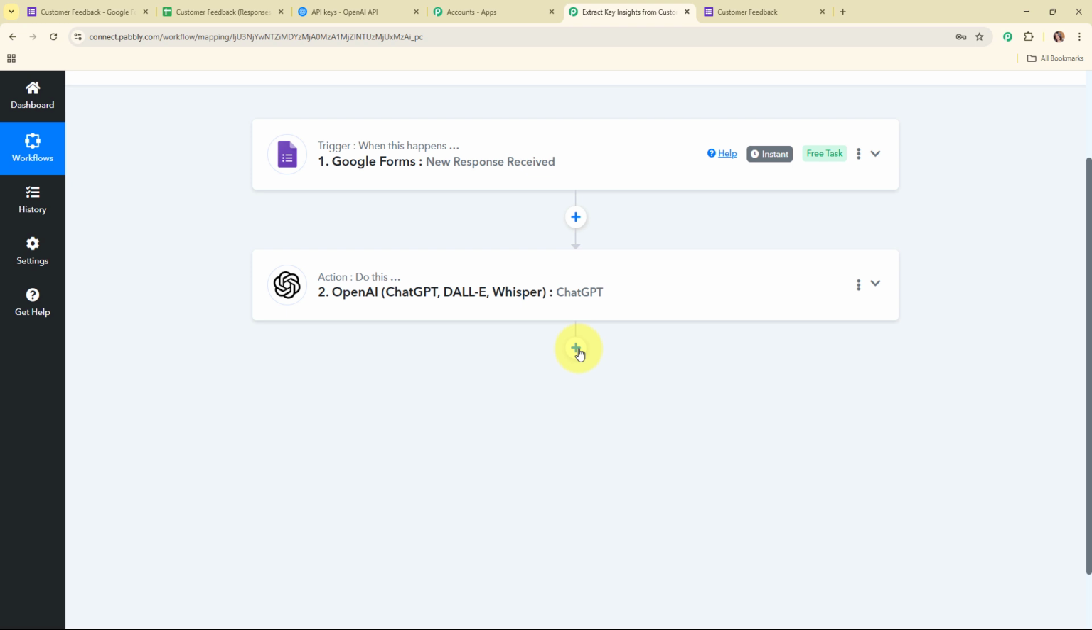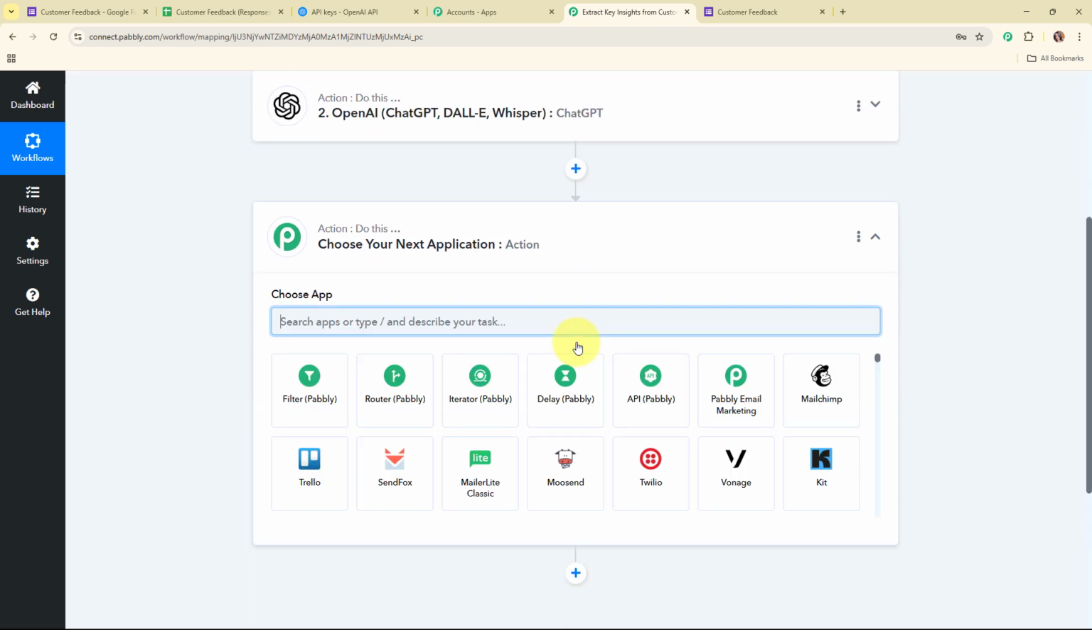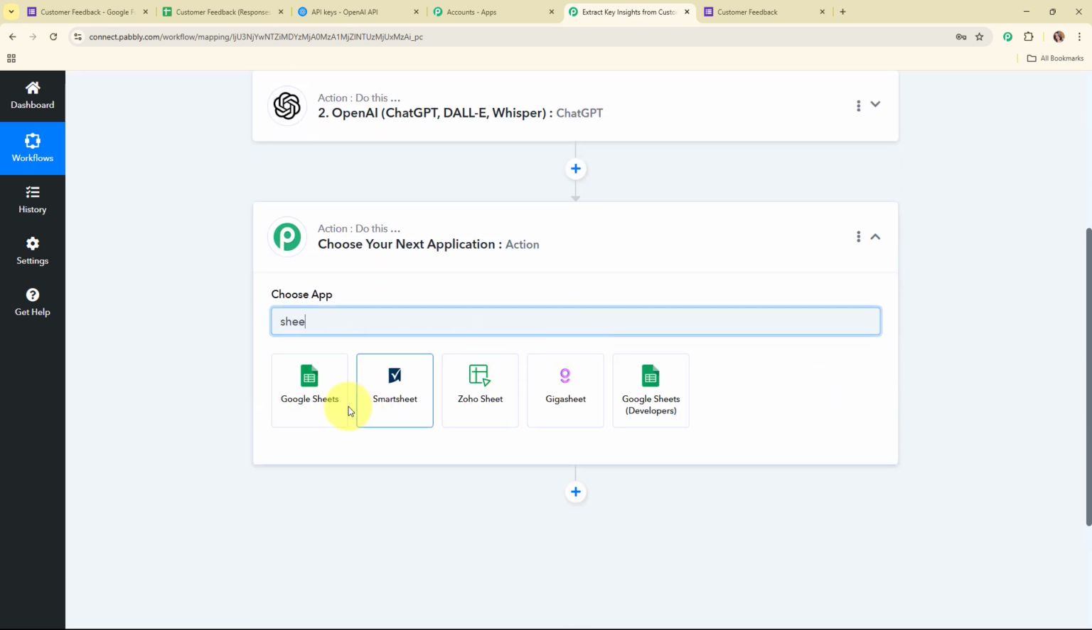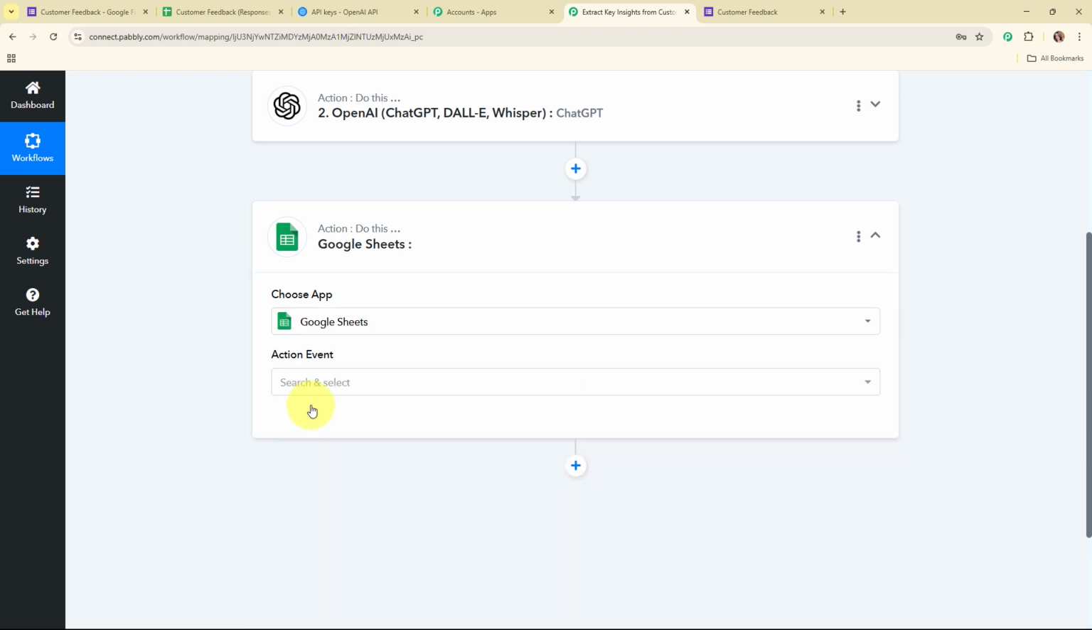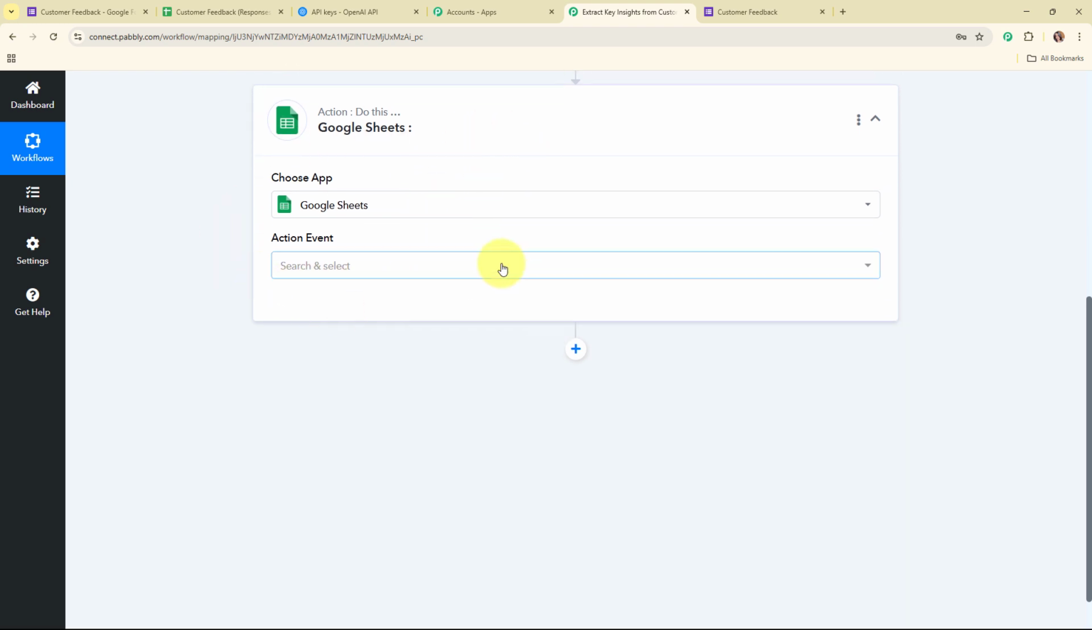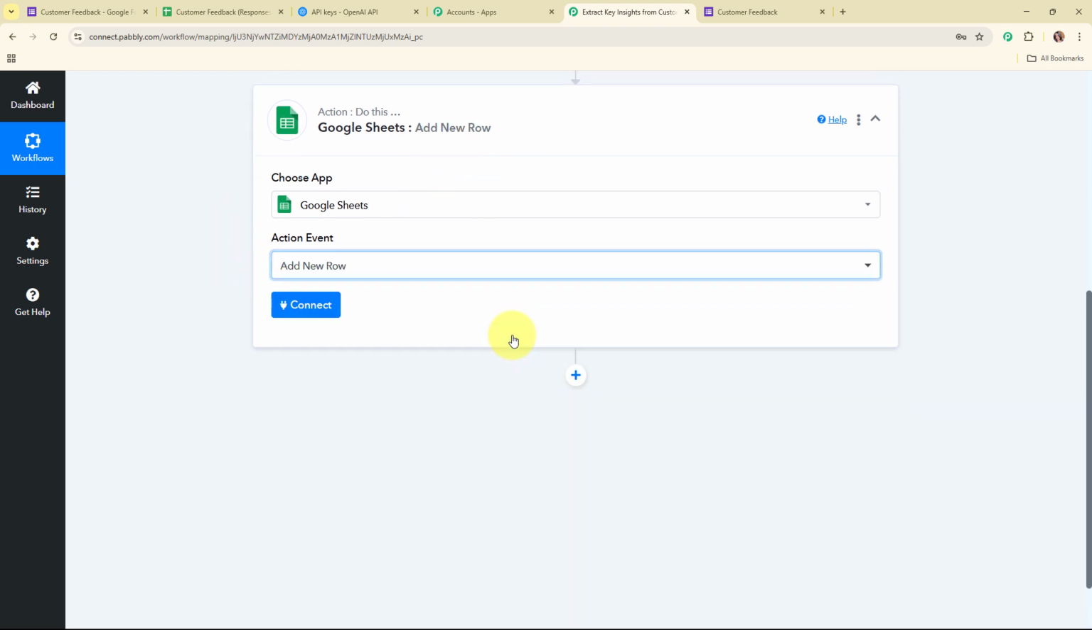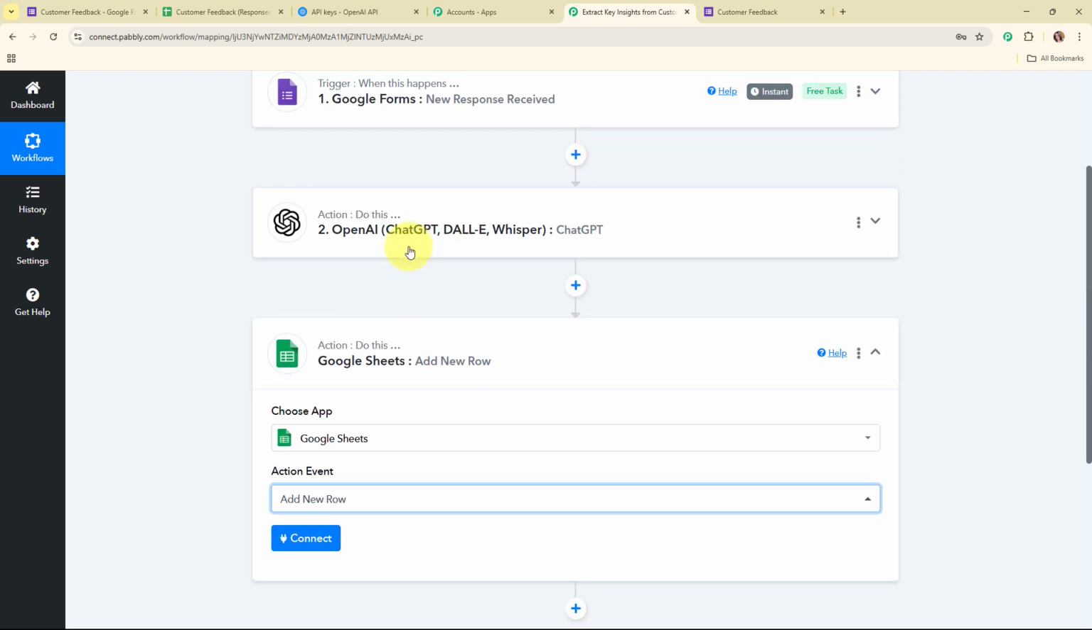So for that, I'm going to add another action step over here, and here in this action step, I'm going to select my action application as Google Sheets. So Google Sheets is a free web-based spreadsheet program that allows you to create, edit, and share spreadsheets online. So in my Google Sheets action step, I'm going to select my action event as add a new row, so that after generating the key insights, automatically that should be added over here as a new row in my Google